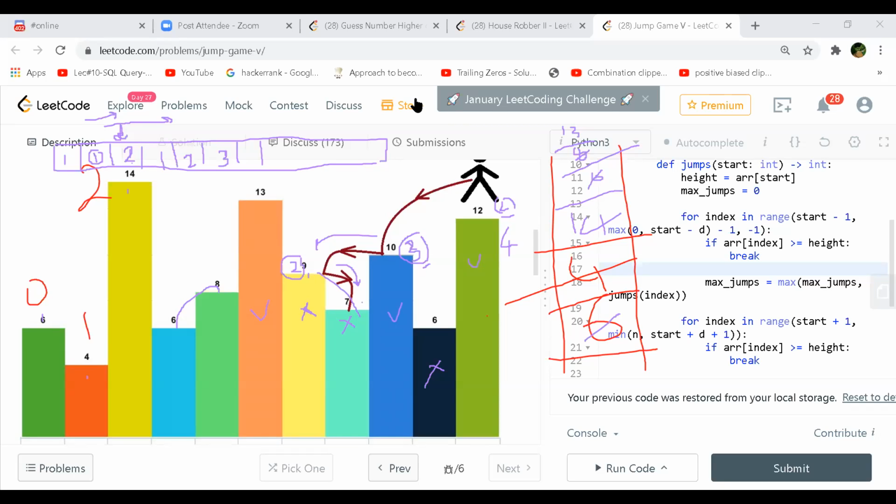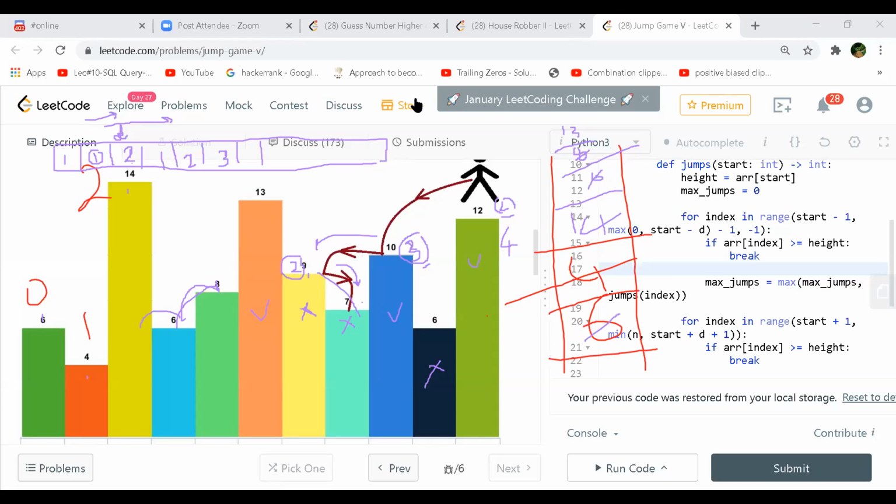It is a slightly different way to implement, but overall the template is almost the same as the monotonic stack. It is only that there is one key condition wherein we have to look for all the jumps which are possible of d distances, from j to maybe something like i, between that range. So wherever you're coming from, around that particular index. Suppose you are at this index, you have to look for how many jumps you can make. It all depends on your d. If d is 1, you can only make it till here, but if d is 2, then you can make it here, provided your height gives you that advantage.